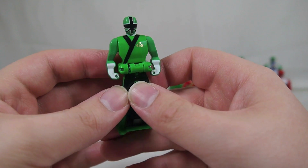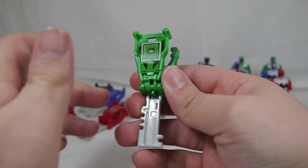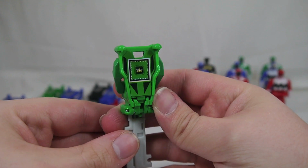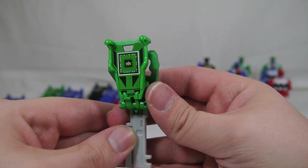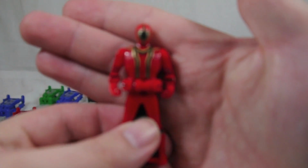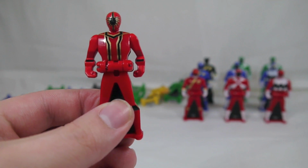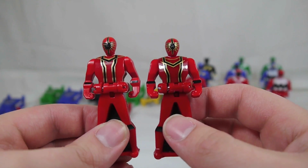And it's showing off really good on the camera right now, but there's actually slight tone variations between the limbs and the chest. Nothing important, but it's something. Here is Mystic Force Red, and we do have a Mystic Force Red key already from the Mystic Dragon Zord,